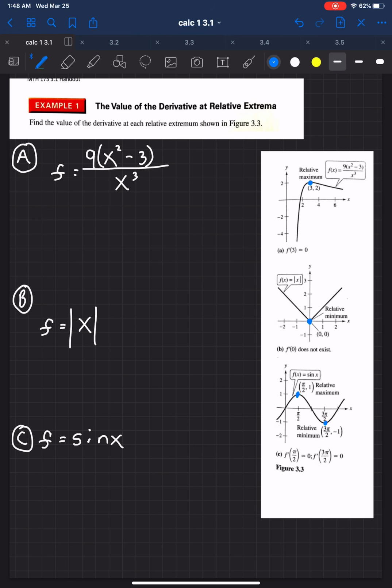So if you will allow me, please just let me write the derivative for each of these without walking through it. That was the point of the previous chapter, how to take the derivative. So if you would like, you can always pause the video and go back through, or pause the video and see if you can produce these derivatives on your own. I'll leave that up to you. But as of right now, if you allow me, just let me go ahead and give you the derivatives, okay?